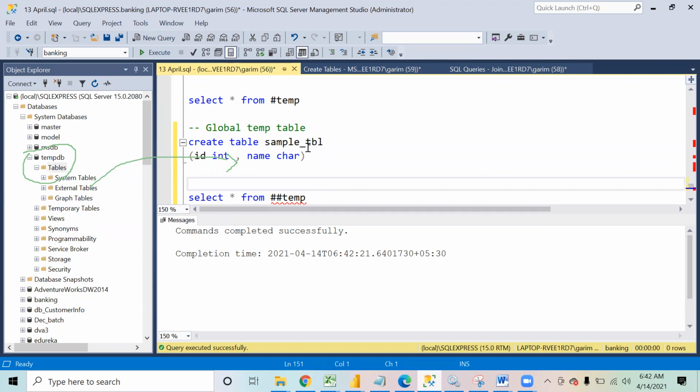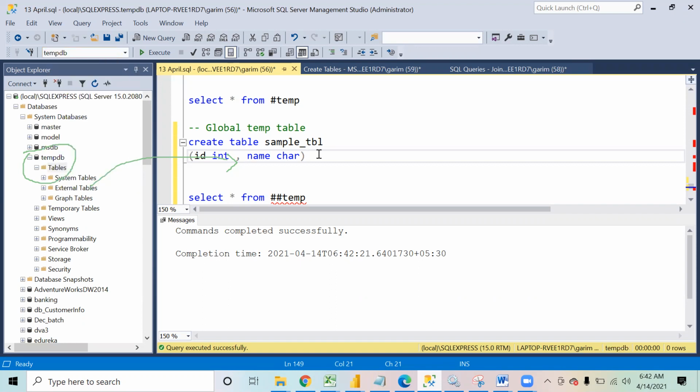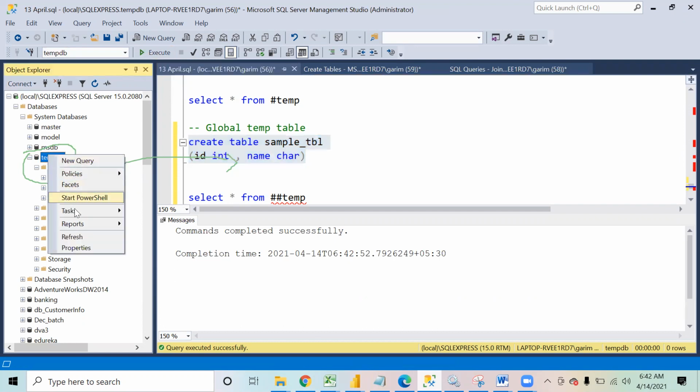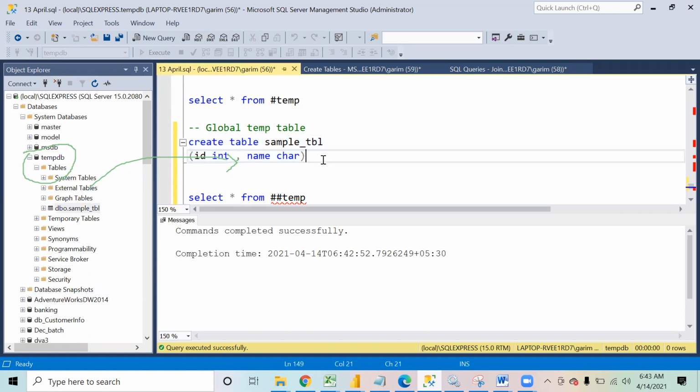Oh, sorry. Actually, this database was different. You see, this table is created over here. Now, this is a permanent table.